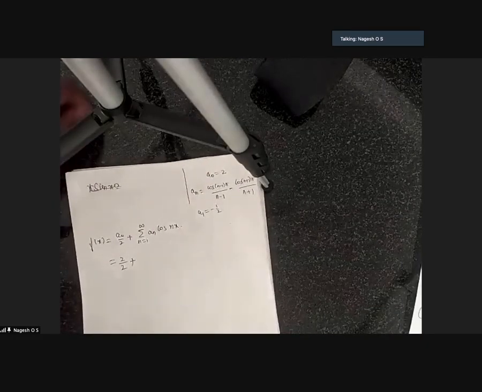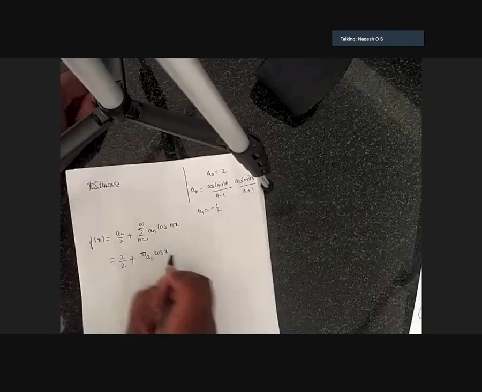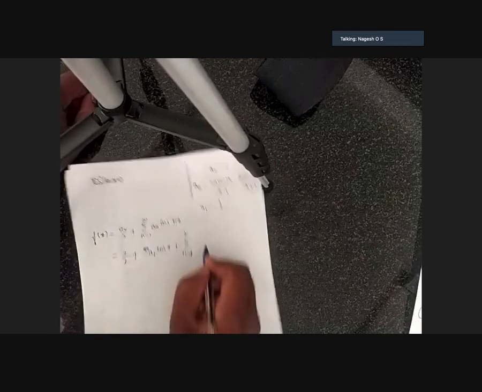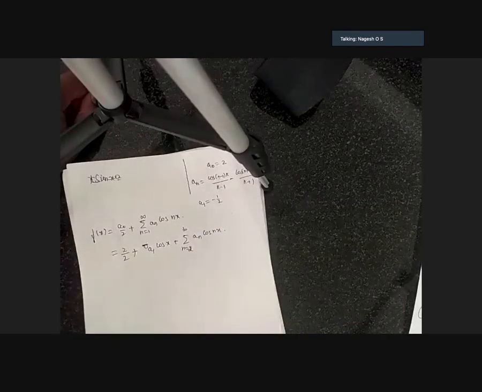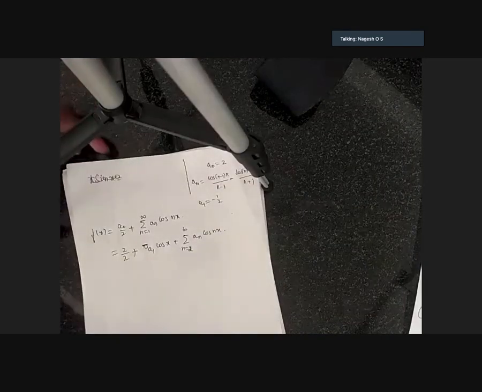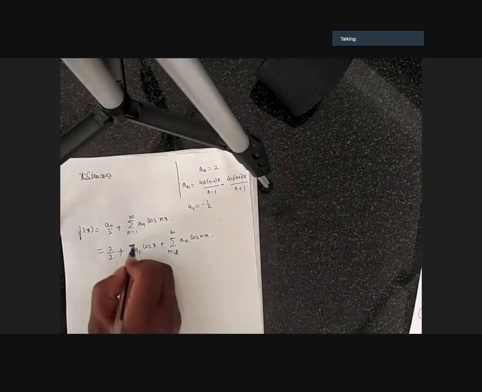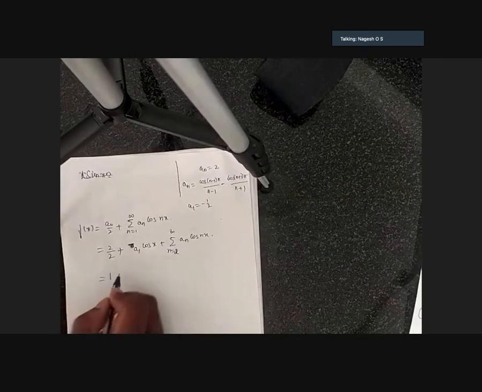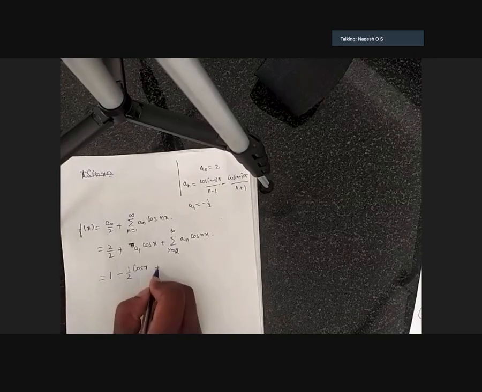A0 by 2 is 2 by 2 plus A1 cos 1x plus summation n equal to 2 to infinity an cos nx. Okay, it is visible. So 2 by 2 is 1. What is the A1 value? Minus 1 by 2 cos x plus